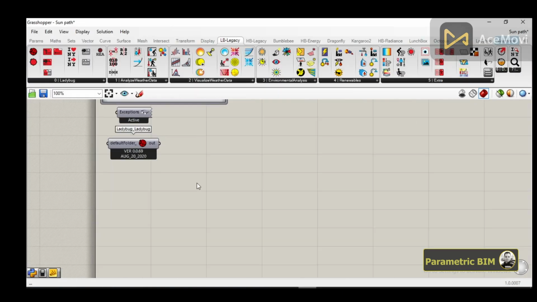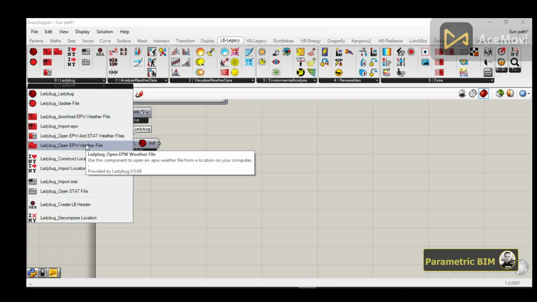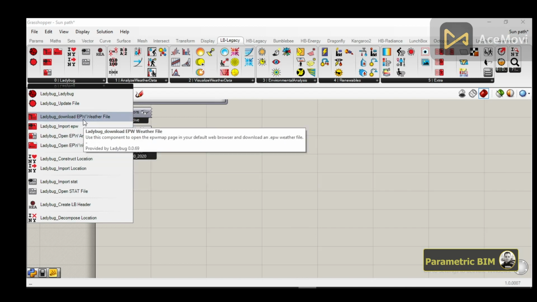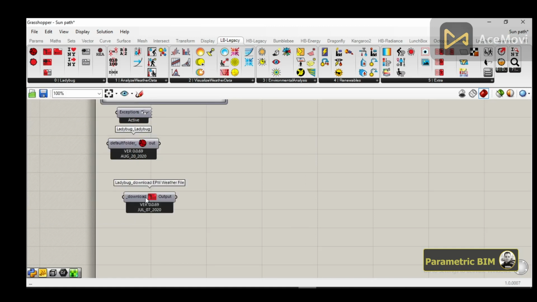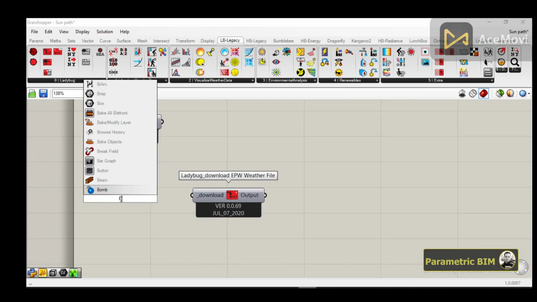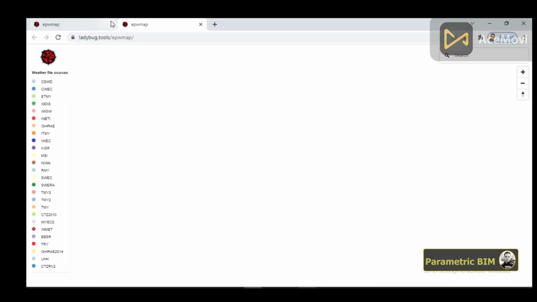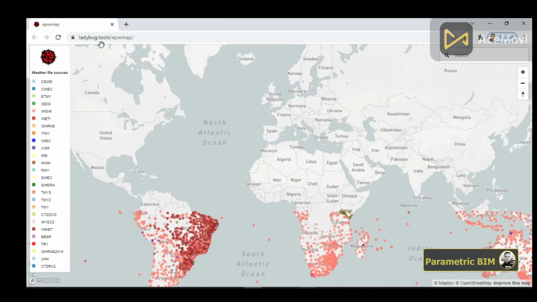Now the first step is to bring in an EPW file, which is an EnergyPlus Weather Data file. I have options here to download, import, or open an EPW weather data file. So I am going to show you how to download one if you don't have one. I will drag the Ladybug download EPW weather file component onto the canvas, and in order to download we have to assign a boolean toggle here. Once I set it to true, it will take me to a website,